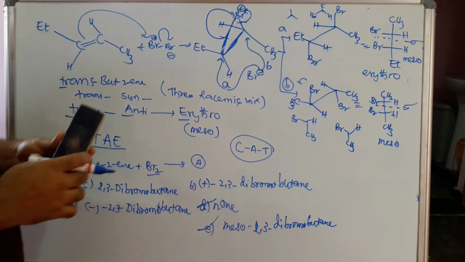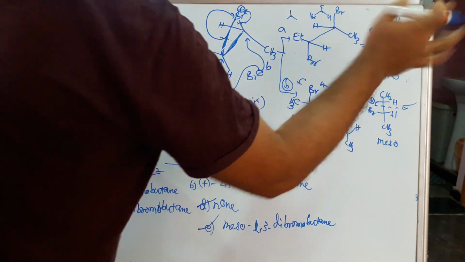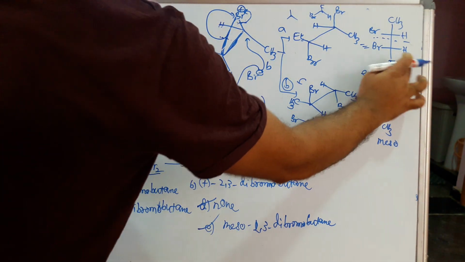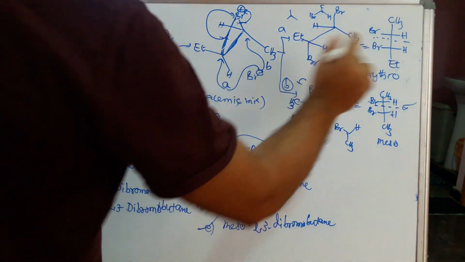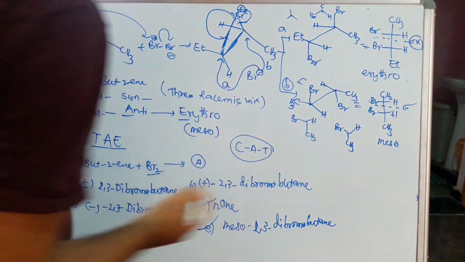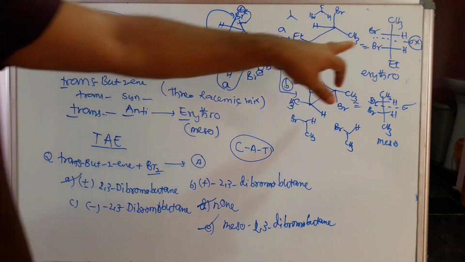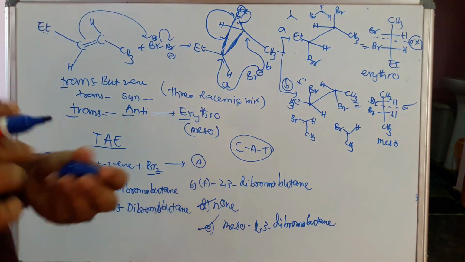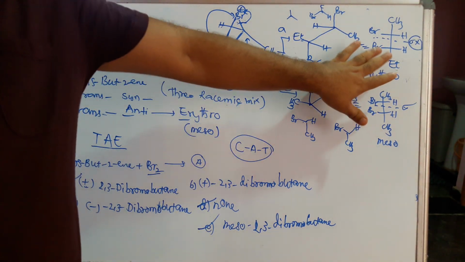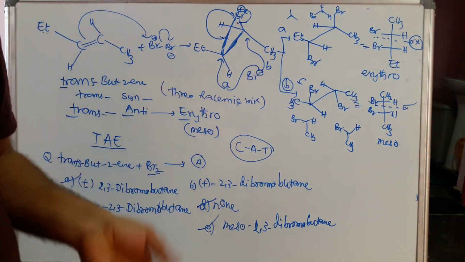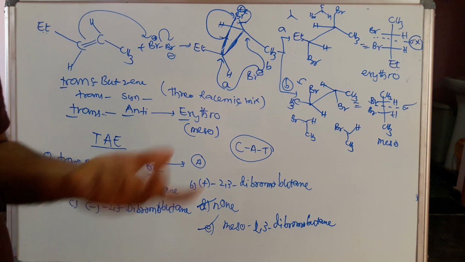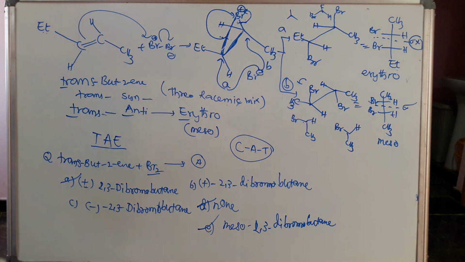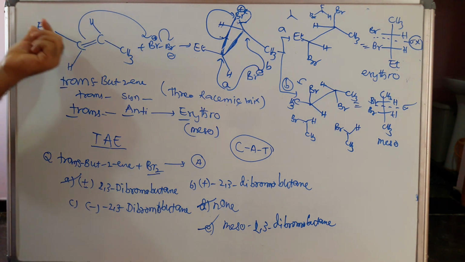Now plane of symmetry: here present, here not present. So when the plane of symmetry is not present, this is not meso, because here methyl is there, here ethyl is there. Plane of symmetry is absent. When it is absent, it is optically active, because chiral carbons are there and the whole molecule is asymmetric. This molecule is optically active. Whether it is D form or L form, we don't know. If you observe in a polarimeter, then we will get the dextro or levo form. That's why, according to the question, nowadays they will ask only with respect to the methyl group.